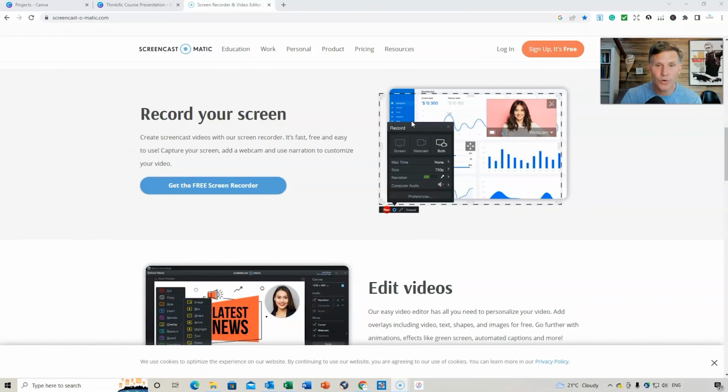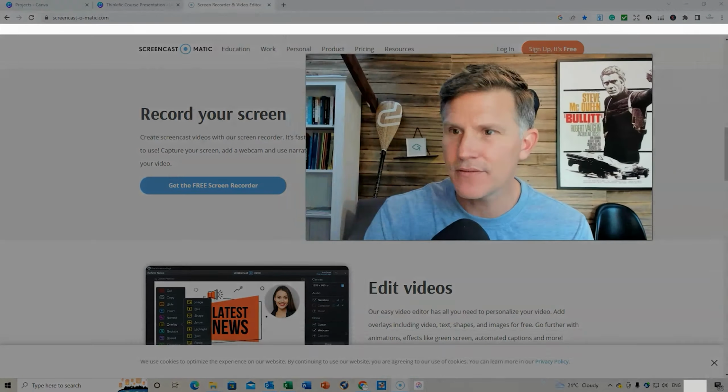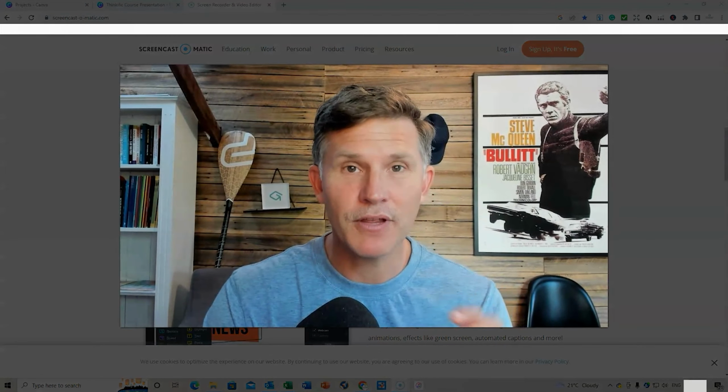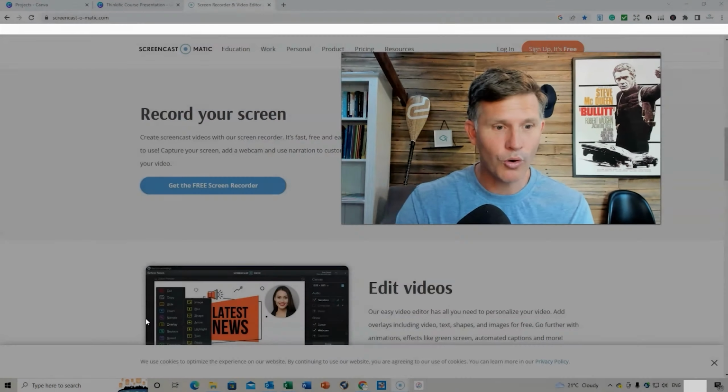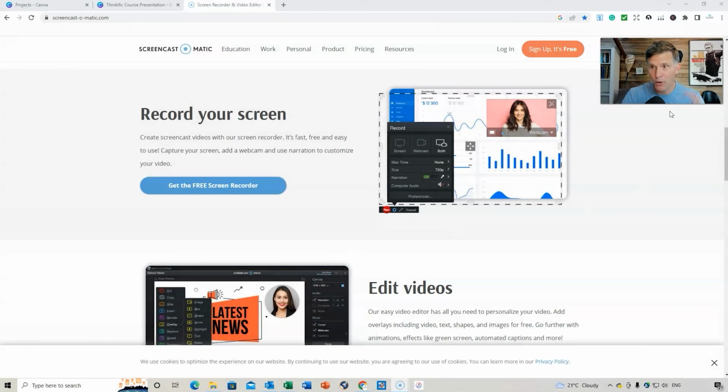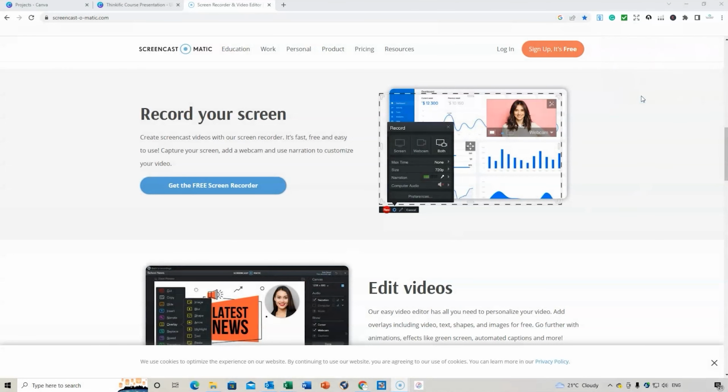So when I'm recording, I receive this box where it pops up, and you can choose whether you want both, being the webcam right now and the screen, or whether it's just the webcam, which I can flick across to. See if I can do that right now. So I can flick across to just the webcam, or I can go back to both, or I can do just the screen.